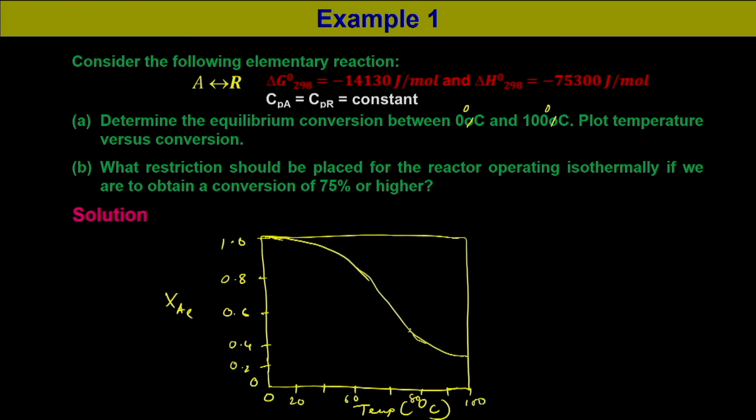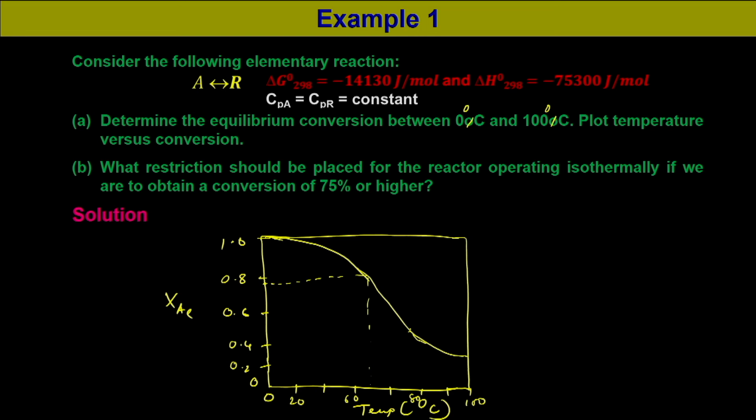Now, what restriction should be placed for the reactor operating isothermally if we are to obtain a conversion 75% or higher? Now, at 75%, say it is very close to over here, and we can locate the equilibrium conversion,